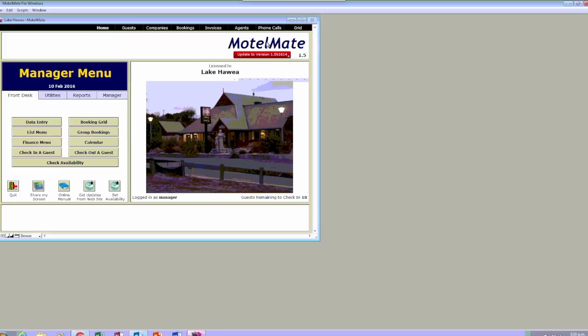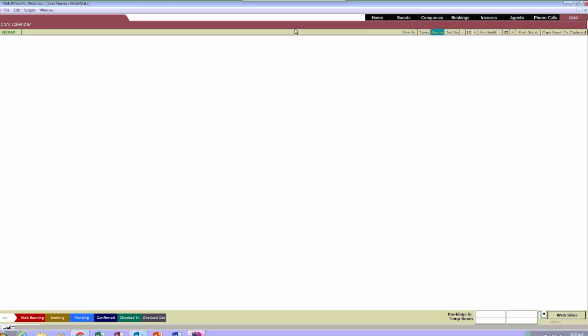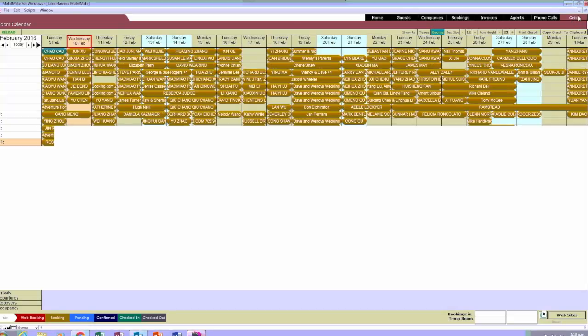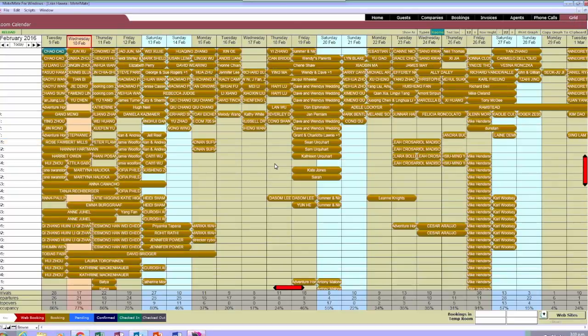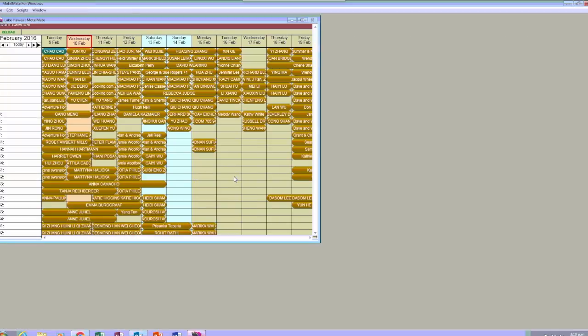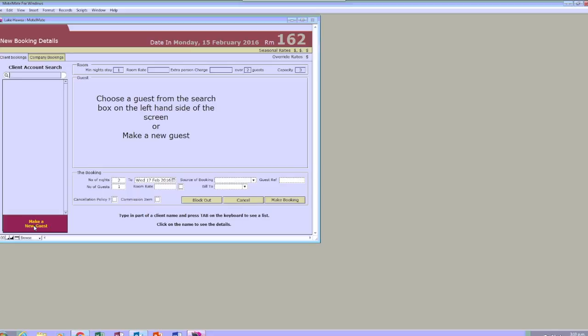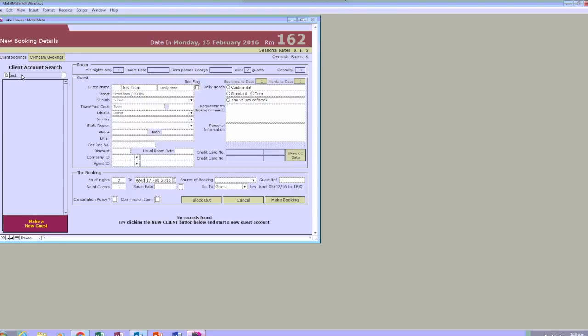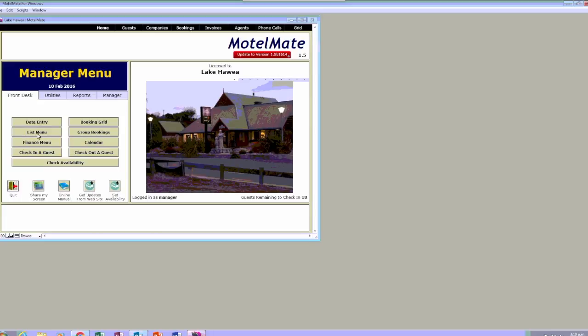The alternative way how to do it is by actually making a booking, by going to the grid, by going up to the top right hand corner and clicking and dragging on the grid, and then down the bottom left hand corner, make new guest. You can input a new guest information from here, or you can search someone's name in the system from the search. On the front desk is list menu,